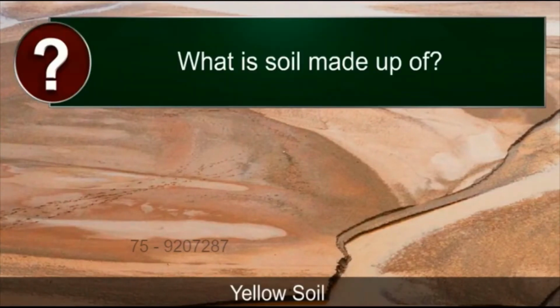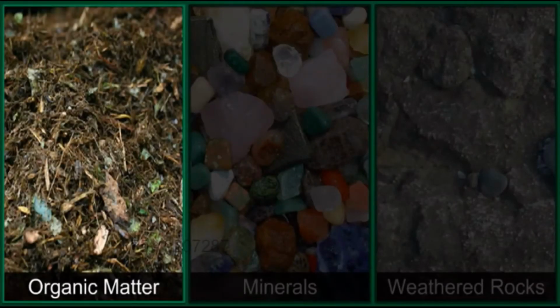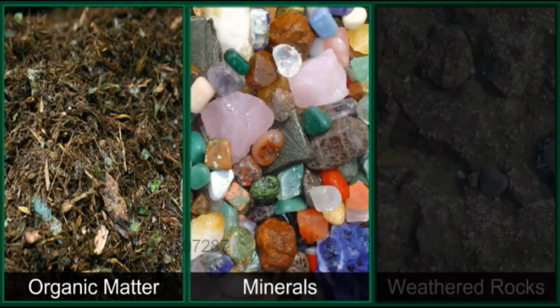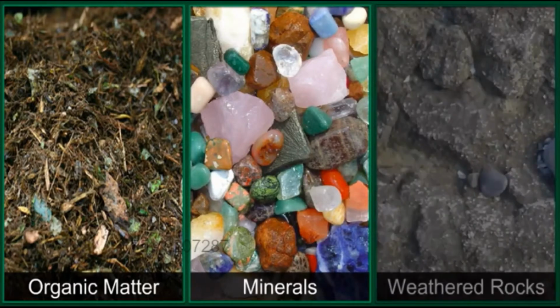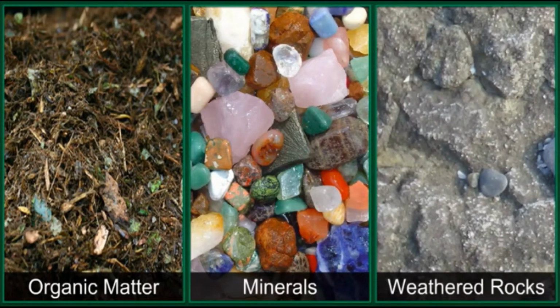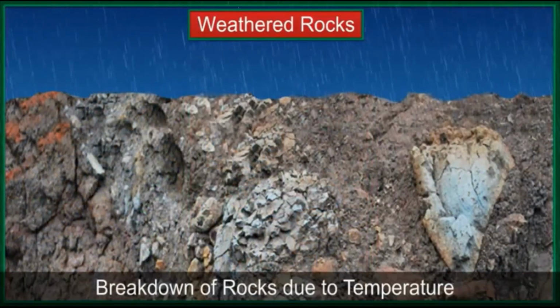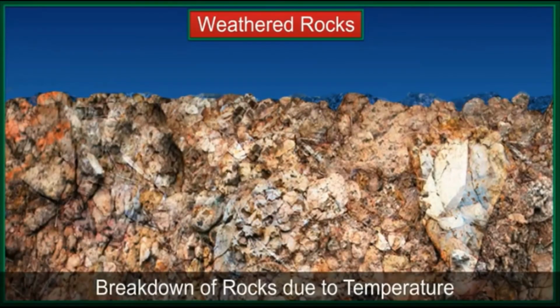What is soil made up of? Soil is made up of organic matter, minerals, and weathered rocks. Weathered rocks are a result of the breakdown and decay of rocks by changes in temperature,